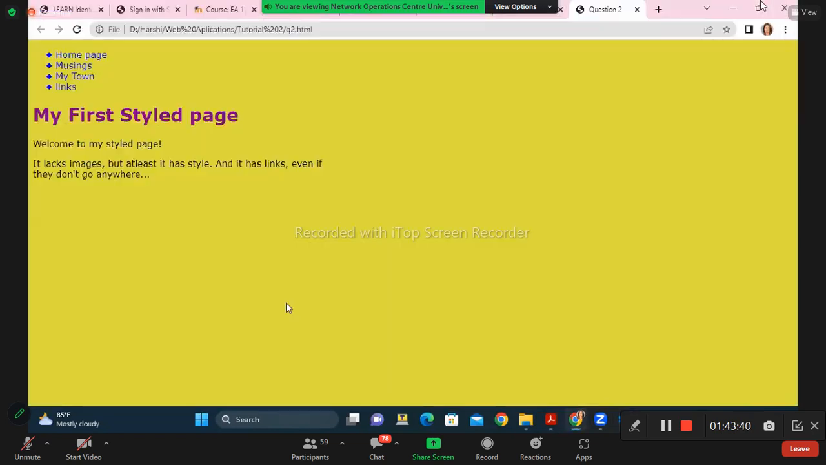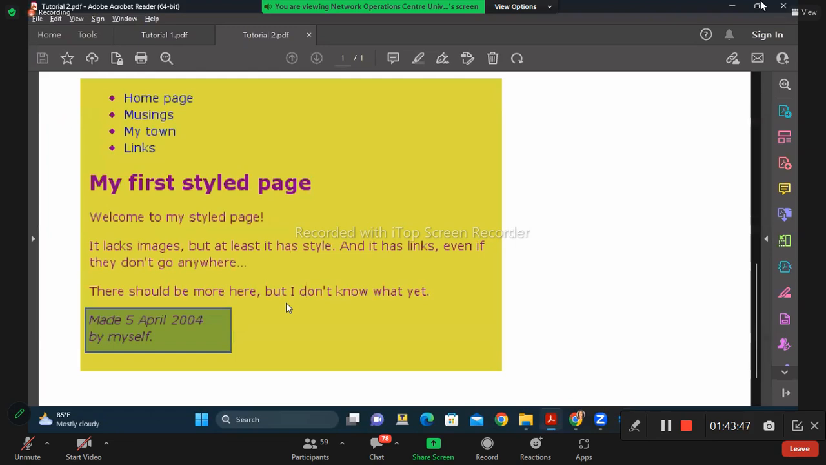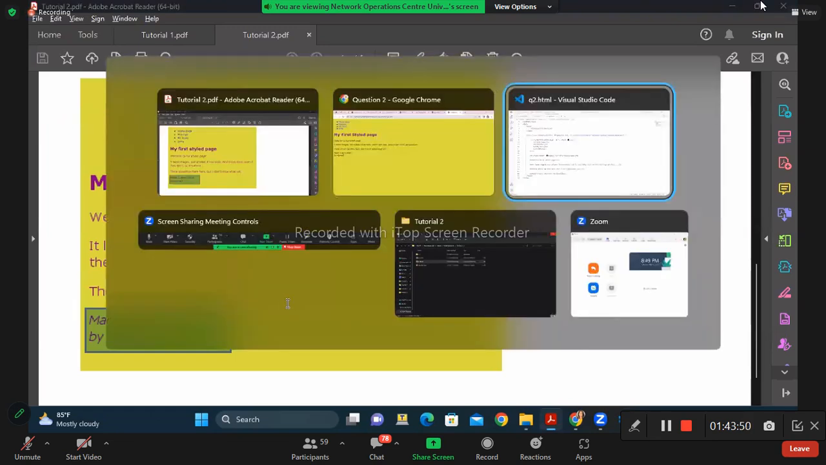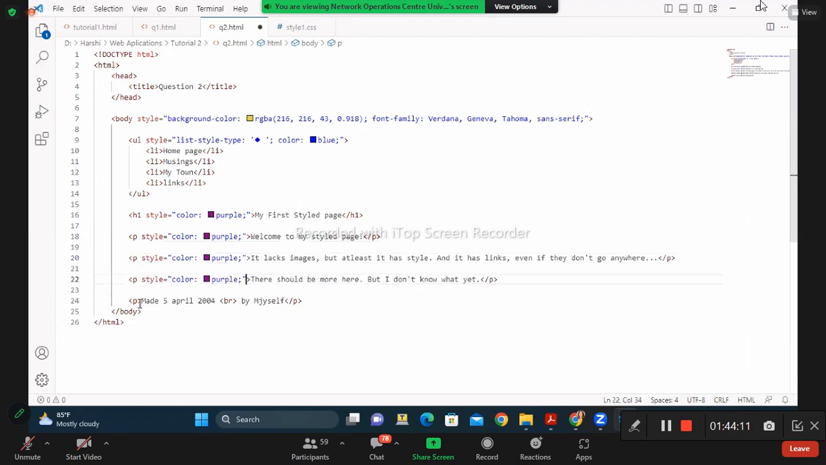Now let's go to the page. Okay, this is how it looks now. Text is in purple color. So we can use the same style. This is inline styling. So when we are going to move on to the embedded styling, this will be much easier because